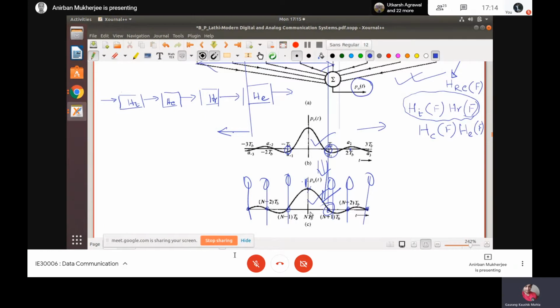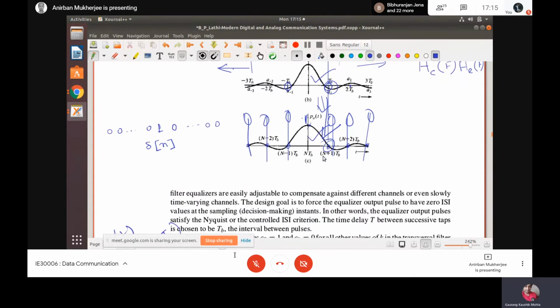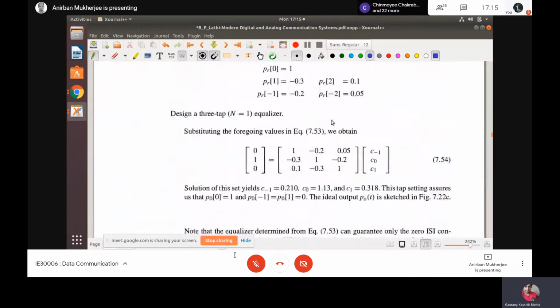So here also I will take 0, 1, at this point 1, 0, 0, up to minus k to plus k. That means this function is 0, 0, 0, 1, 0, 0, from minus k to plus k, that is 2k plus 1. Then I can say this is something like delta n, of the signal length minus k to plus k. And this is my PRT. I am taking that PRT and I am calculating the results.